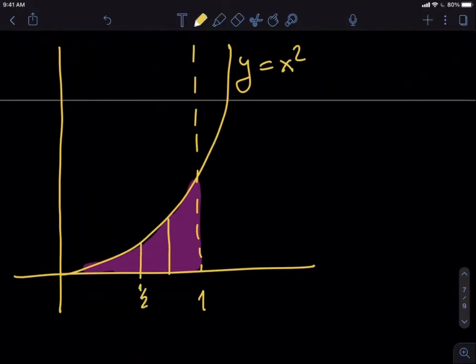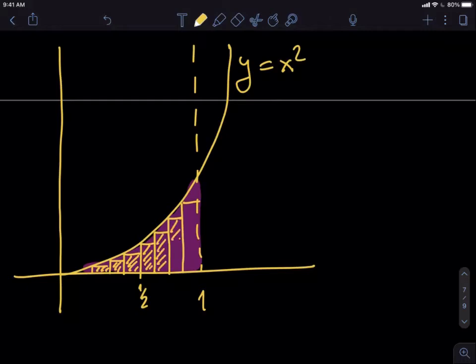This is we divide as before, but we could say, well, let me take more rectangles and increase the resolution of the picture. Okay, when we take more rectangles, then it is clear that the approximation is going to be better. Okay, we are going to take these rectangles